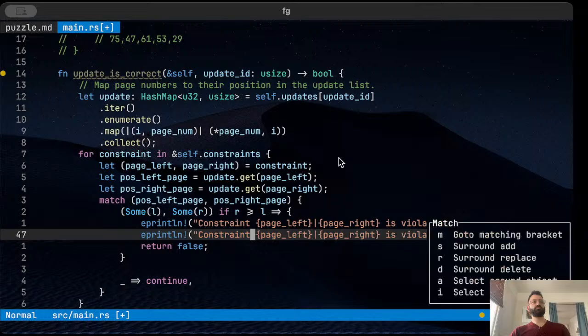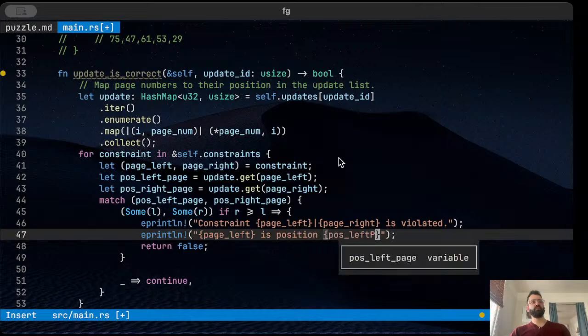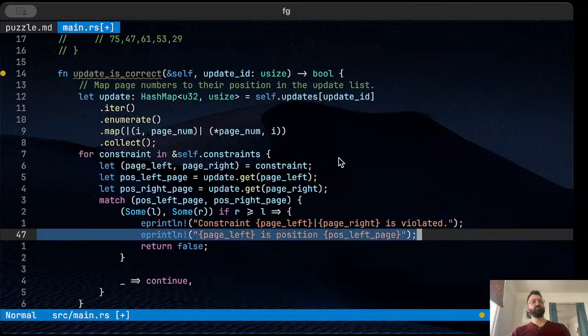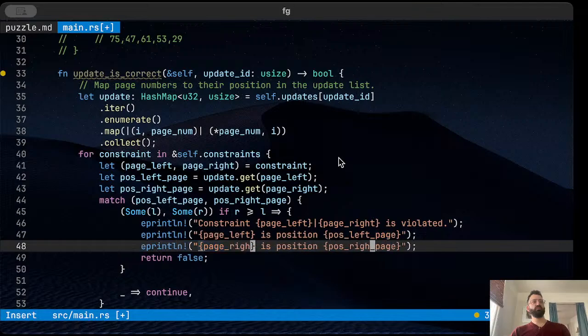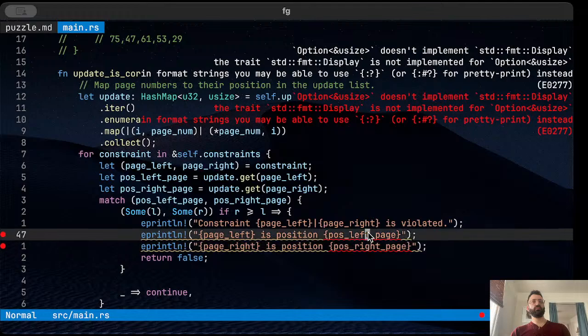So I'm going to say is position, pause left page. Okay, right, so